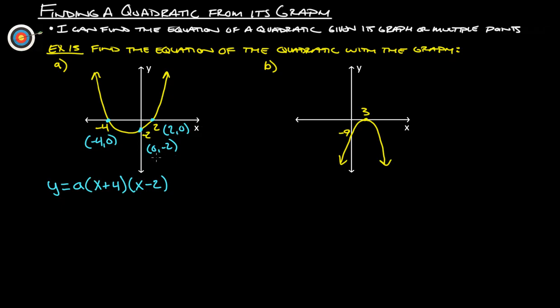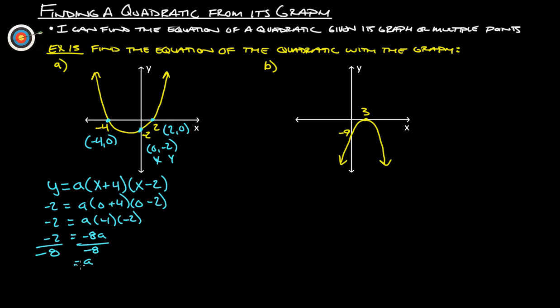And then we've got one other point, with x and y here. So we're going to plug the 0 in for the x and the -2 in for the y, and that'll help us solve for the a. So we got -2 equals a times (0 plus 4) times (0 minus 2). So -2 equals a times 4 times -2. So -2 equals, 4 times -2 is -8a. So we divide both sides by -8, and we get that a equals